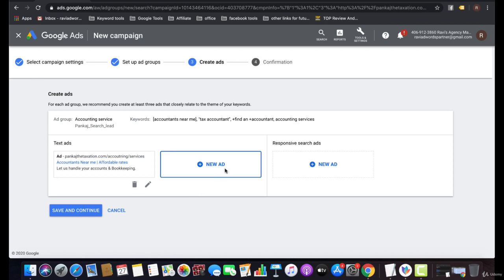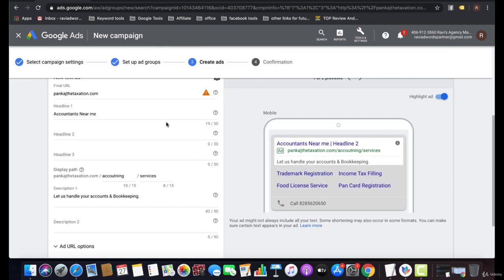And now you can create a second ad. I strongly recommend you to use a minimum of 2 ads. You have already selected to optimize for best performing ads. If you create only 1 ad, then that means you are not optimizing for the best performing ad. So I'm creating a second ad.